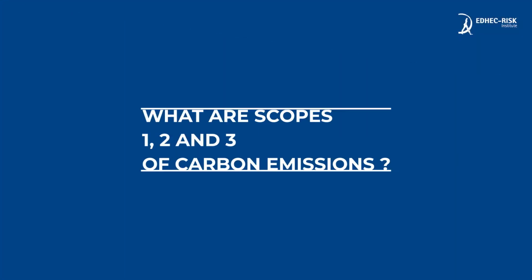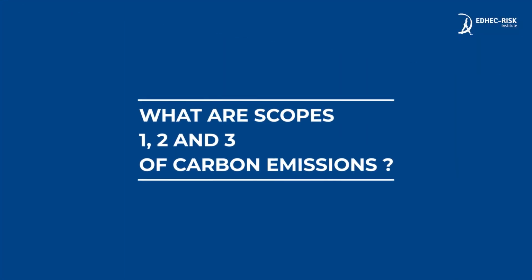There are actually 3 different scopes, and these different scopes vary in terms of ambition, in terms of how much coverage we want to have. Scope 1 is just a direct measure of carbon emission by an activity. Scope 2 is a measure that also includes carbon emission from the energy sources that are being consumed and used by the activity. And Scope 3, which is the most comprehensive,